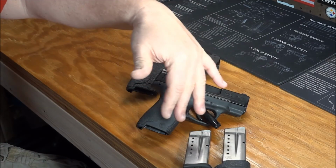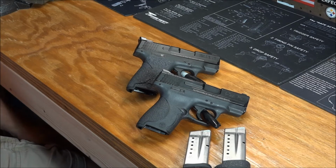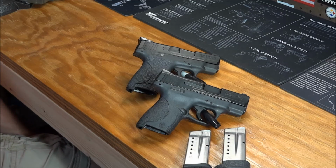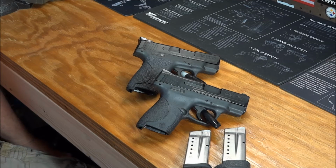So 7 or 8 plus 1 in the chamber. So you're giving up 2 if you want to compare it to the Glock 26, and you're giving up 4 if you're comparing it to the compact. That's pretty significant, but again, we're talking about something that's a concealed weapon and not a duty weapon, not something